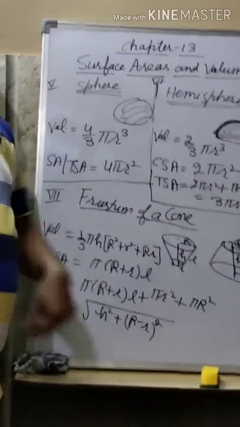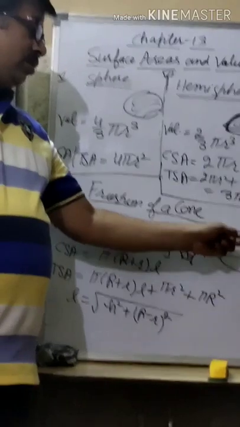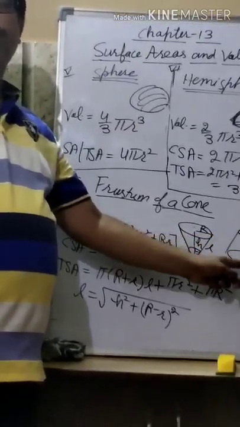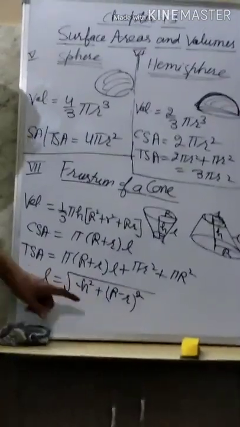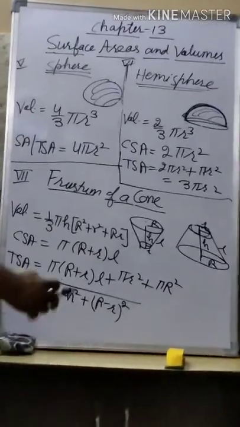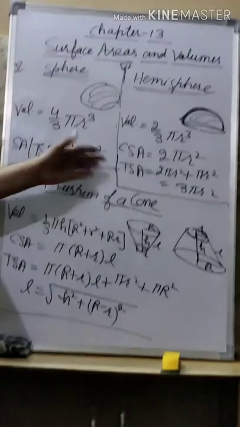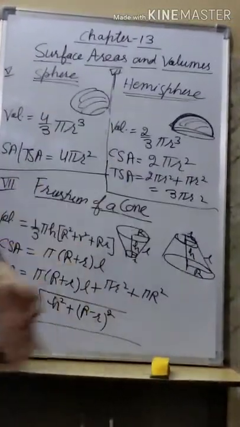Sometimes in the board exam they ask the question: if the radii of the circular ends of the frustum are given, and the height is given, then what will be the slant height of the frustum of the cone? In MCQ also they can ask, then you will apply this formula and find out the slant height of this frustum of cone. So my dear students, today we have learned all basic concepts of the chapter